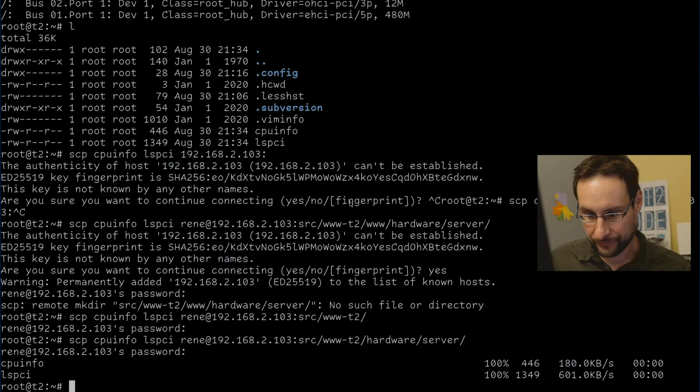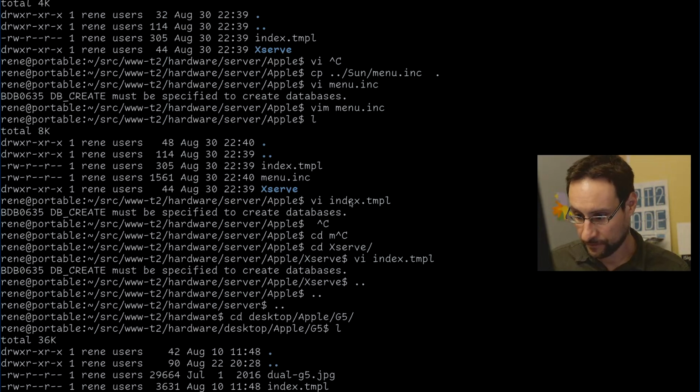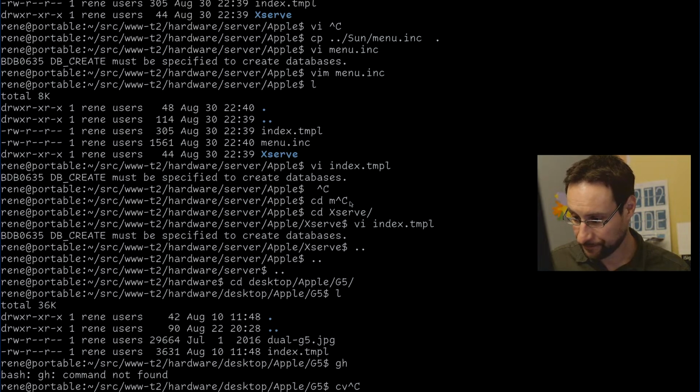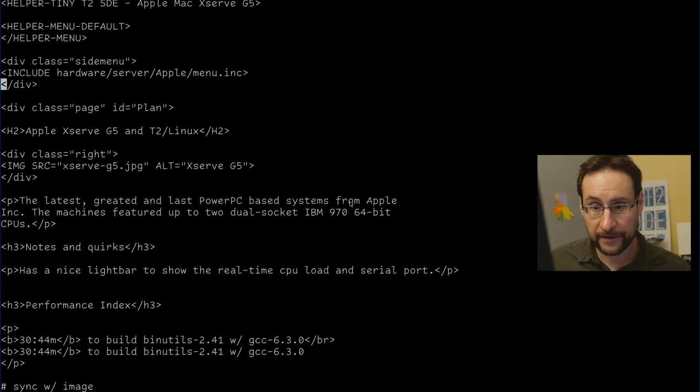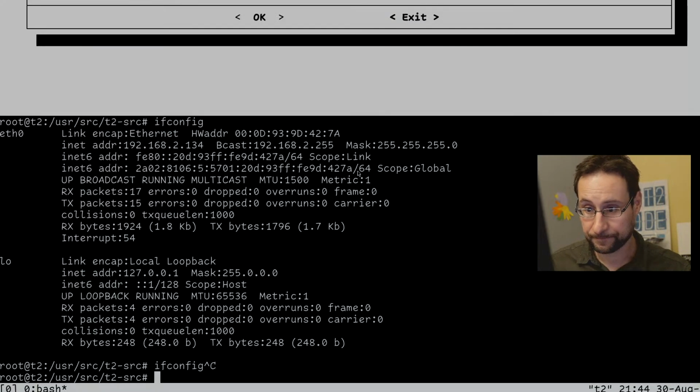Okay, let's check what the build time for Bash was. 4 minutes straight. Alright, I changed already. Server Apple Xserve. Here precisely. Oops. Yeah, you should copy and paste everything, otherwise typos, especially if it's time to go home. Build some bash. Alright, I should have